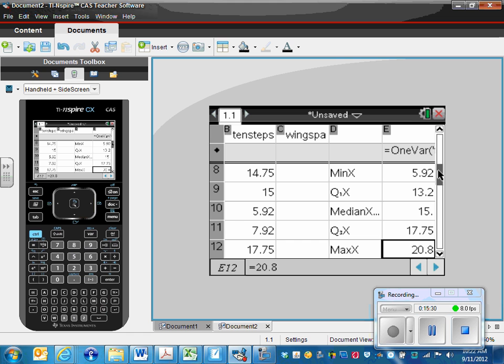So the max is 20.8. Quartile 3 is 17.75. Your median was 15. Quartile 1 was 13.2. And the minimum value was 5.92. Okay? So that's what you should have had for your